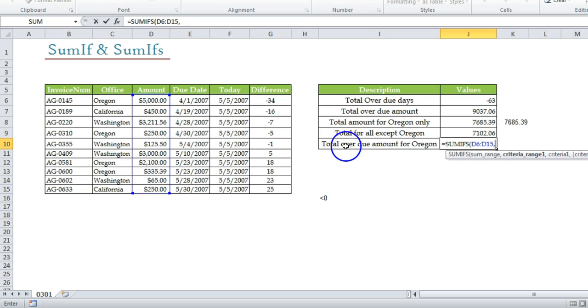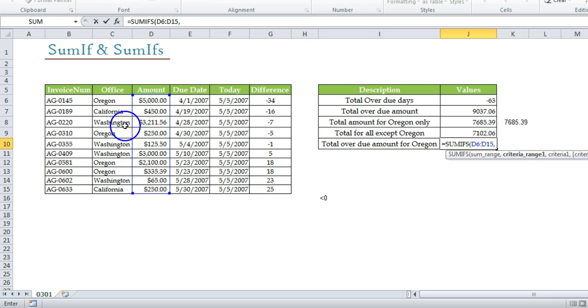Now we have two criteria in total as per the question. One is overdue and the other one is Oregon. So overdue and Oregon, it means negative and Oregon. So in this case, you can go with any one of the criteria that you want. So you can technically shuffle the criteria. Let's say I go with Oregon first. What would be the range for Oregon?